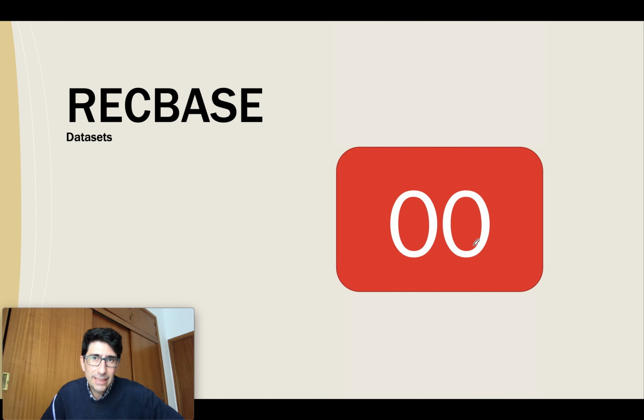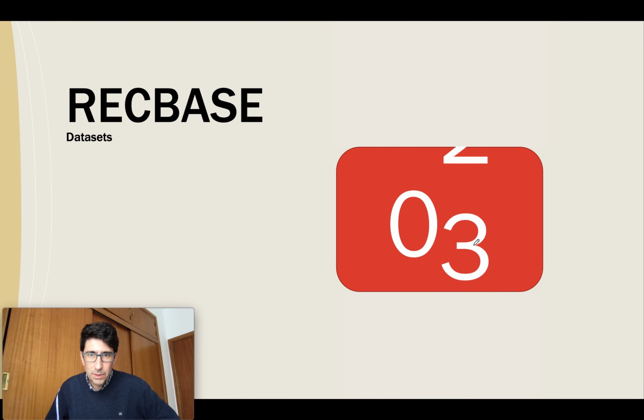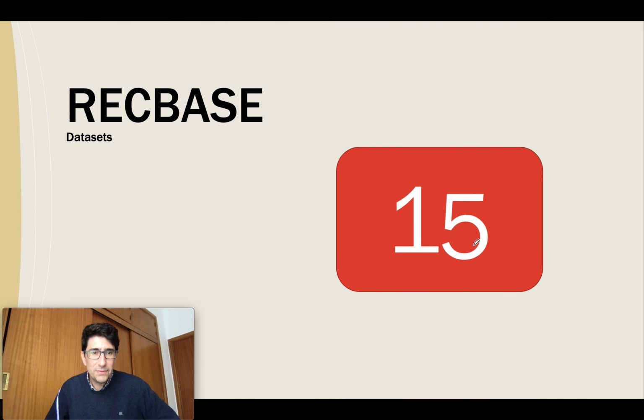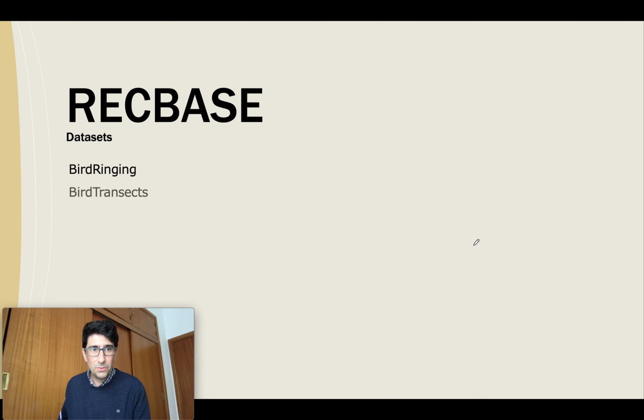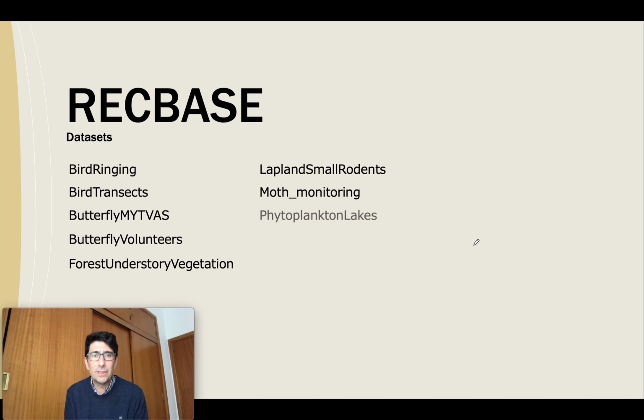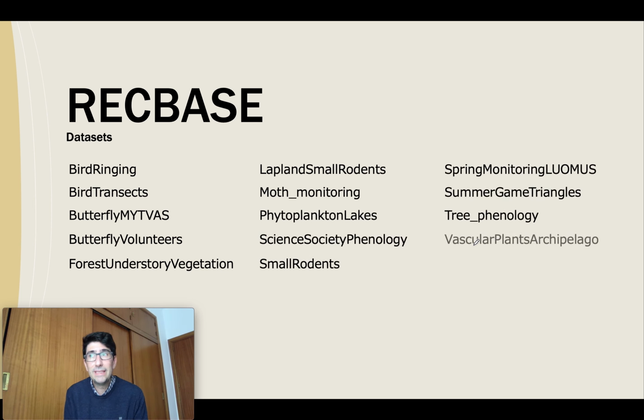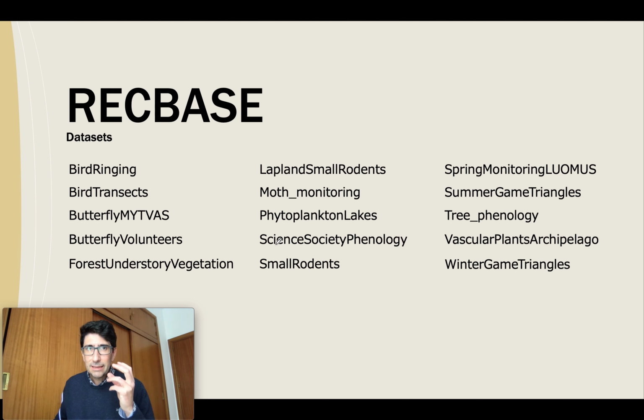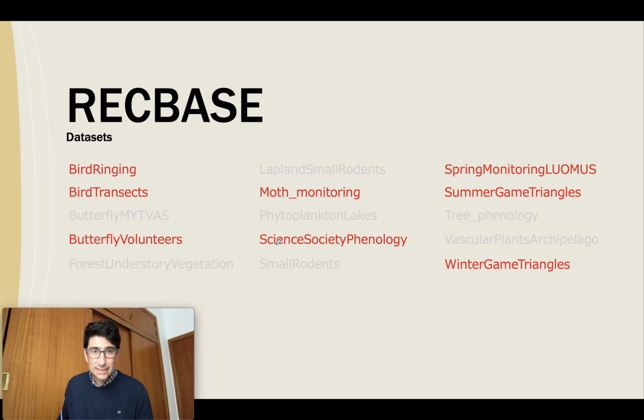And how many data sets do we have? Let's count it. Let's go. How many? 1, 2, 3. Ooh, it's going faster. 15 data sets in our database. Which ones are there? These ones. This is the name in RECBASE. 15. See? And one peculiarity of these data sets that I'm going to mark in red, like here,